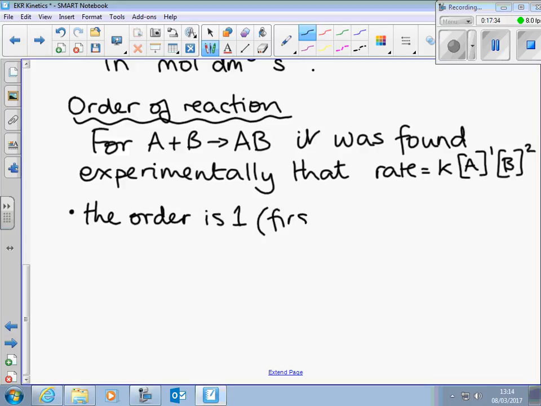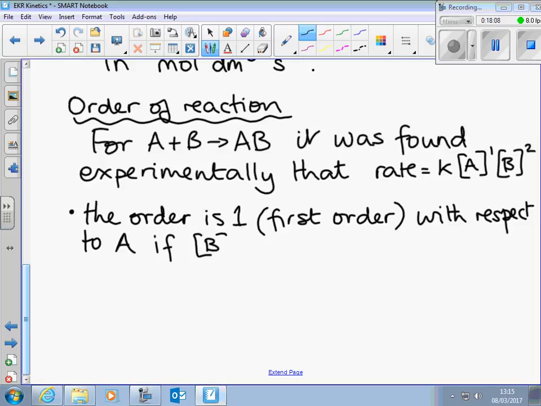In other words, we could also say that it's first order with respect, I shall probably just condense with respect to WRT further on. So with respect to A, all right, not A in square brackets, this is just substance A. All right, so it's with respect to A, if the concentration of B is kept constant,